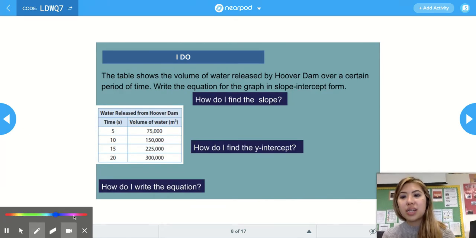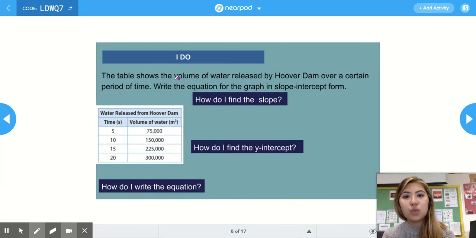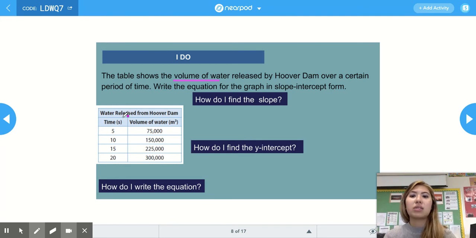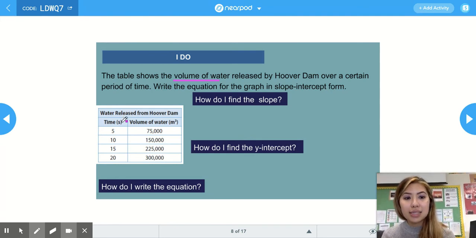This one reads, the table shows the volume of water released by the Hoover Dam over a certain period of time. Write the equation for the graph in slope-intercept form. So now we have a vertical table, an up and down table. So even though in this case the units are s and m squared, or meters squared, I know that any of the left values are going to represent my x values, and any of the right values are going to represent my y values. So to find the slope, first I'm going to write out the slope equation, which is